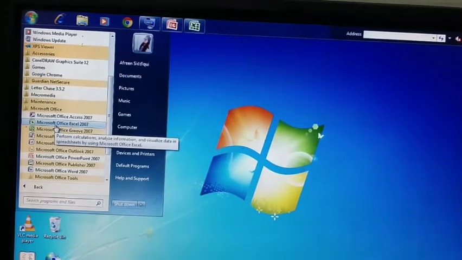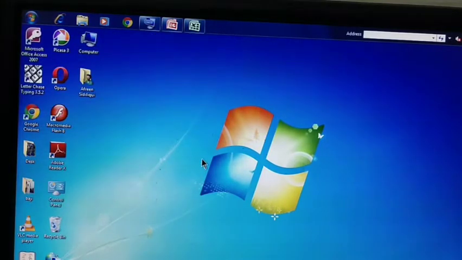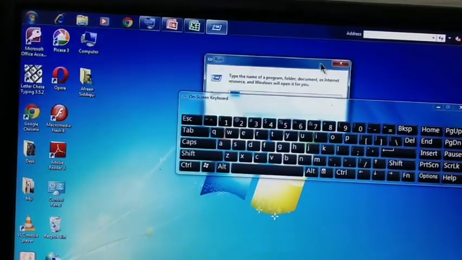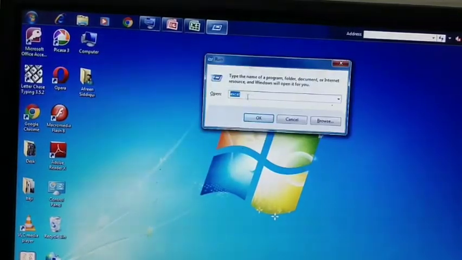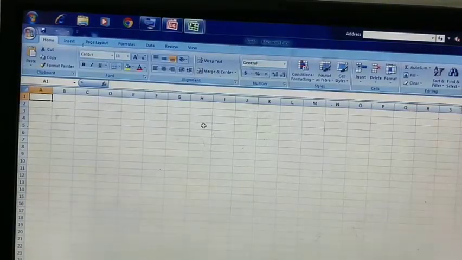So this is method number 1 to open Microsoft Excel, and I'm telling you a shortcut key through which you can use Microsoft Excel very quickly. Press the shortcut key Windows plus R. This is the Windows key, Windows plus R. Using this shortcut key, the Run menu will open, and here you have to type Excel. Remember, spelling should be correct, EXCEL, and click on OK. So using this method also Excel will be opened.